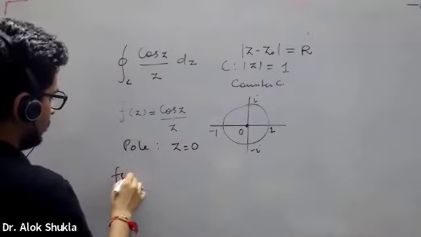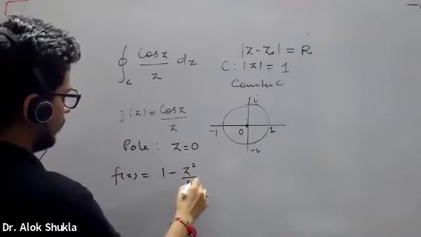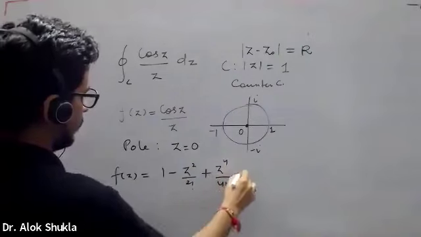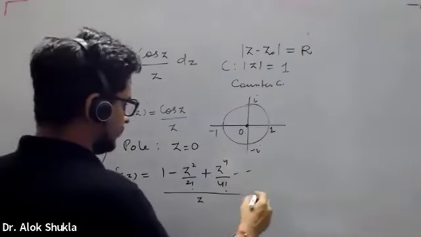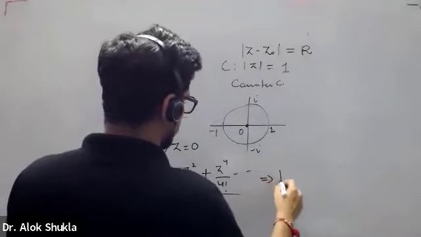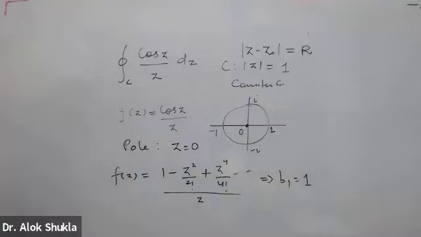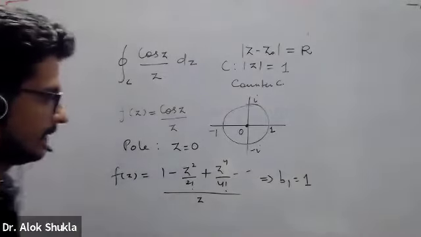I am this time using Laurent series, that is 1 minus z square over 2 factorial plus z to the power 4 over 4 factorial upon z. So that means b1 is equal to 1. Okay, the value of b1 is equal to 1 in this